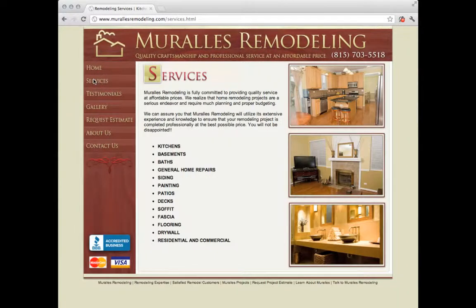Okay, services. It's pretty clear what you do, but each one of these items on the list needs to have its own link. You're doing two things with your website. Number one, you're selling to the client. That's the most important part. You're selling to the person who's on your website, the user. And number two,